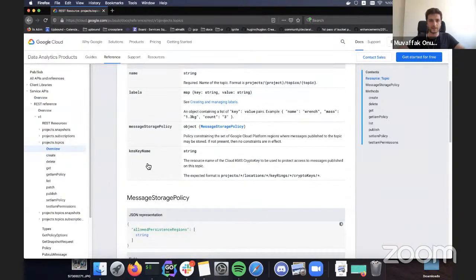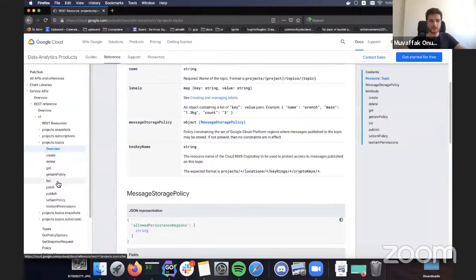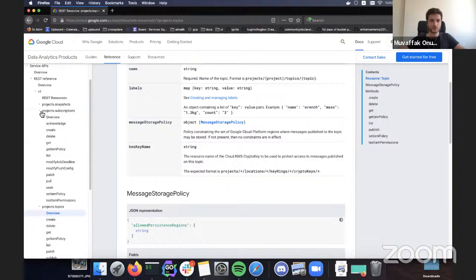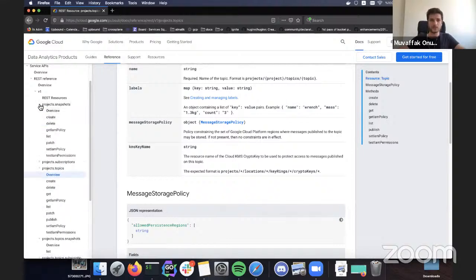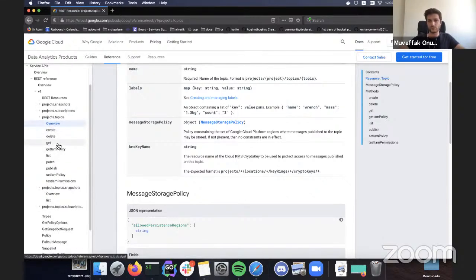You see the API here, it has create, delete, get, list, and usually for some cases you don't have full CRUD methods. In this case, for example, topic snapshot doesn't look like an actual resource here, but the actual snapshot is one. So this is how you can see what to implement. We basically want the CRUD methods to exist for a resource to be implemented correctly.